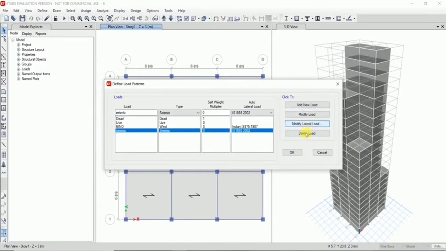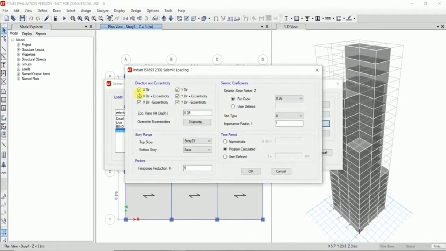Now click on modify lateral load. For this problem, we will consider the seismic waves to be acting in both x and y direction. As per IS code 1893, we select the value 0.1 for zone 2.